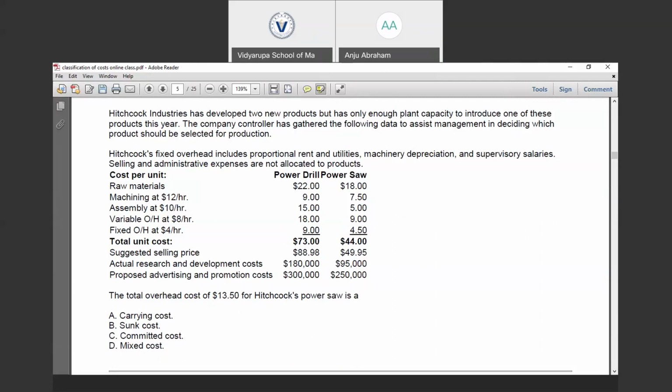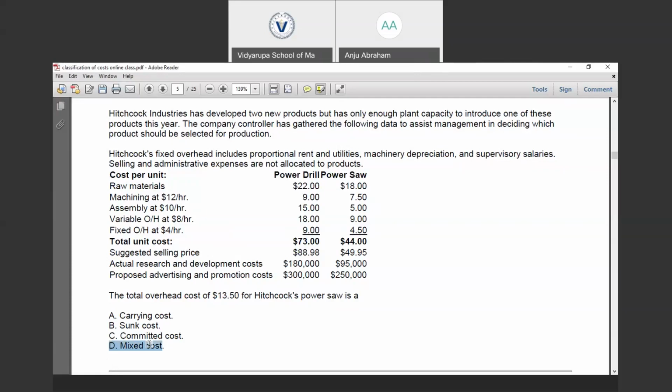Can you give me the answer? It's option B, mixed cost.